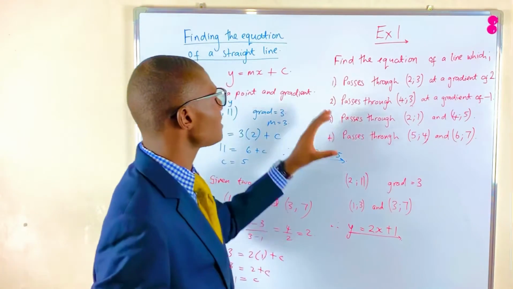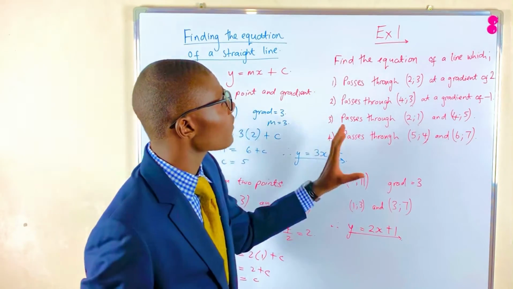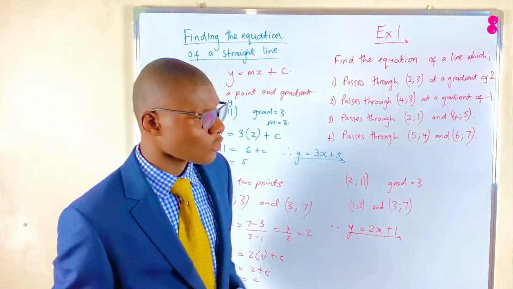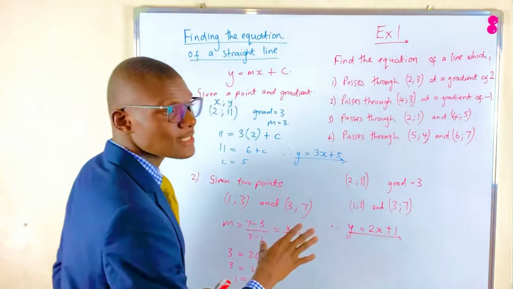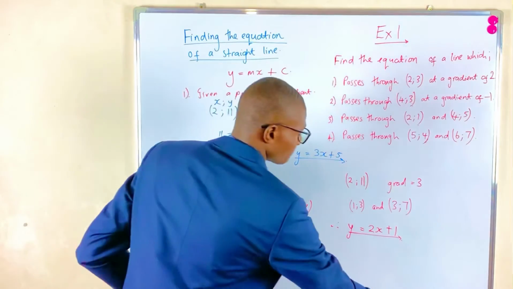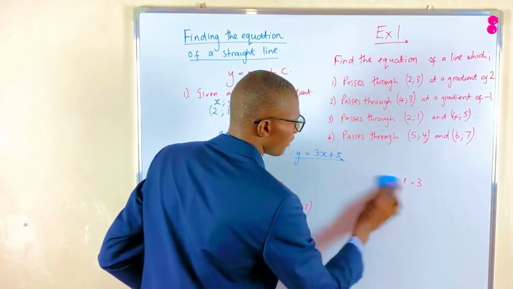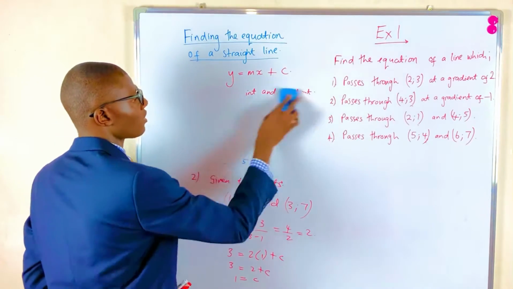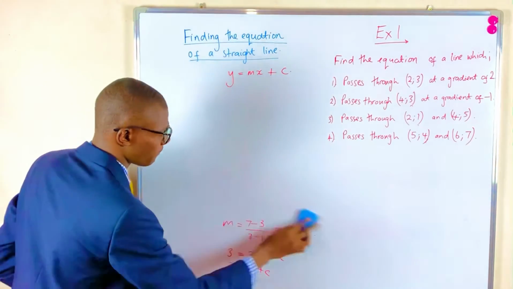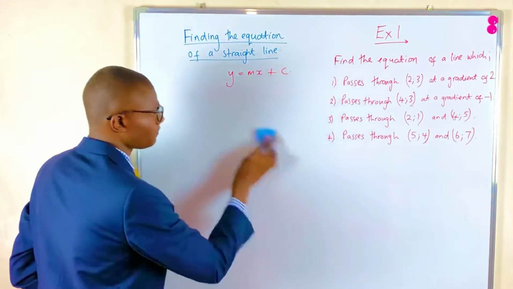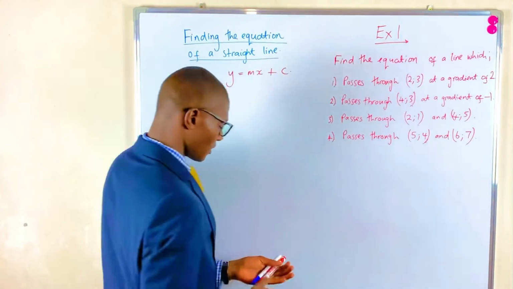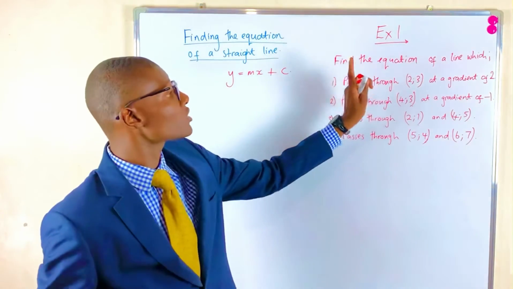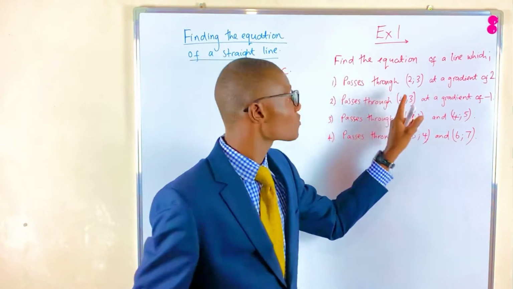Now I'd like to attempt these 4 questions that require us to find the equation of the straight lines that pass through the following. So allow me to erase this part. Okay, so for number 1, we need to calculate the equation of a line that passes through the point (2, 3)